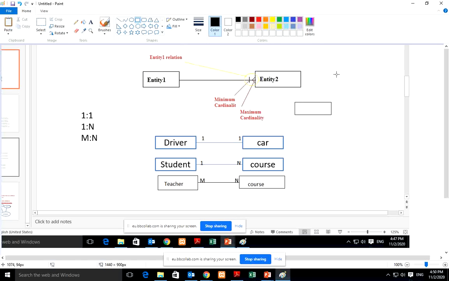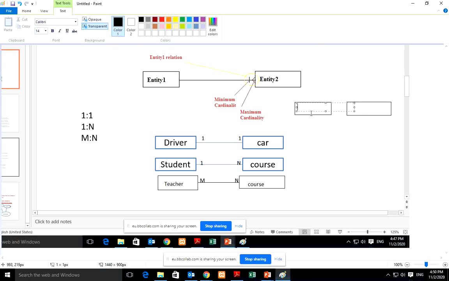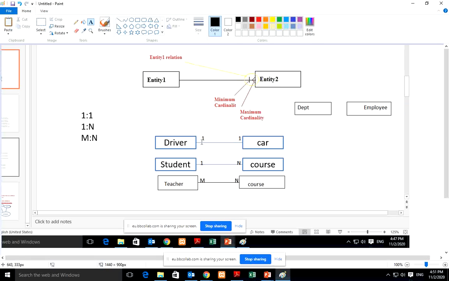Department and employee. This is a common relationship. One department has many employees. This is department and employees. This is an example of